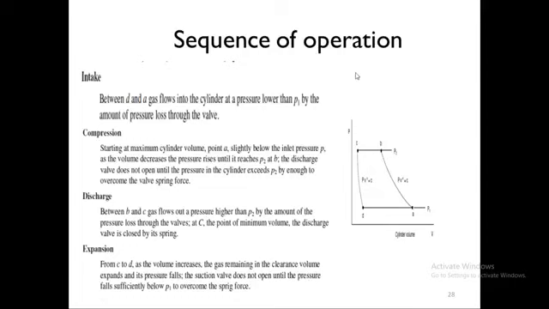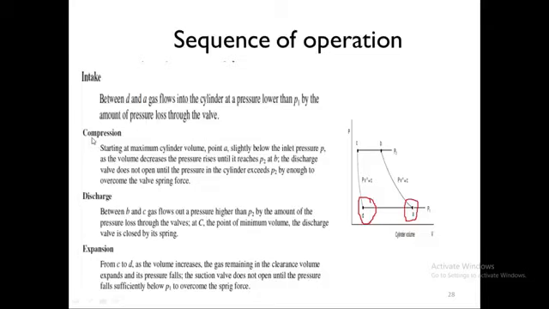So this is the sequence of operation for a reciprocating compressor. So intake is between D and A. If you look at this diagram, between D to A is the intake, when the intake valve will open, and the fresh refrigerant or gas will enter. So from D to A, the intake valve opens at pressure P1 or just slightly below P1,